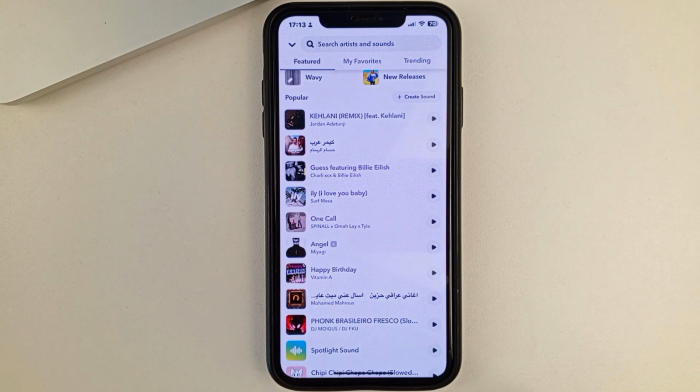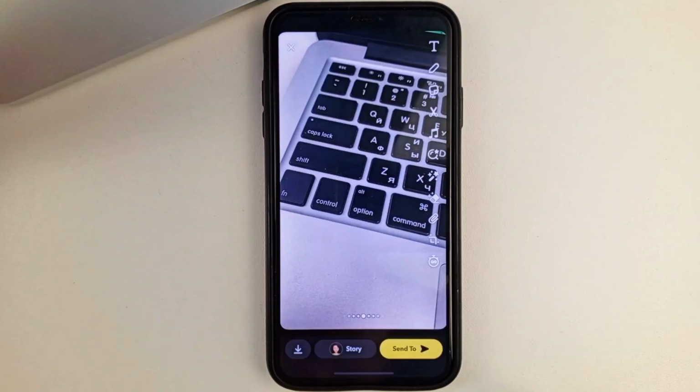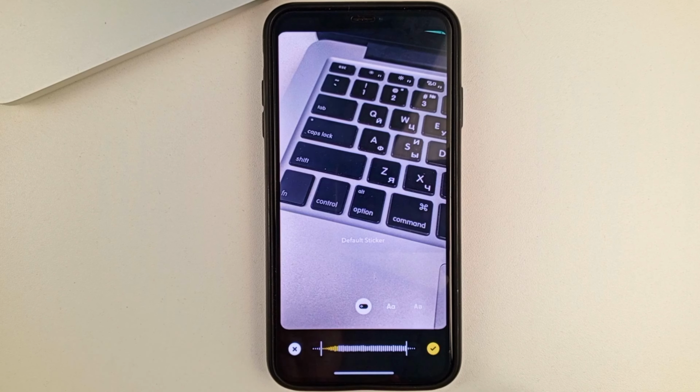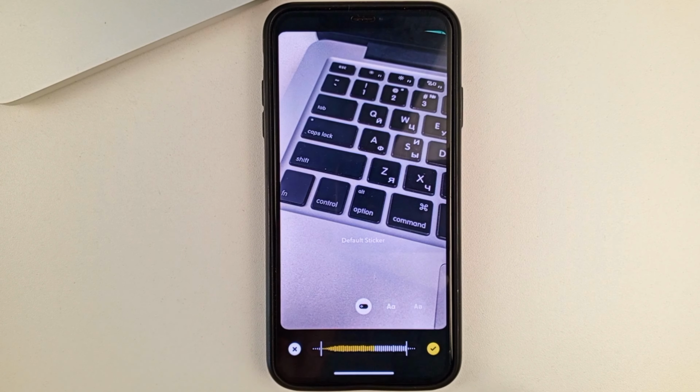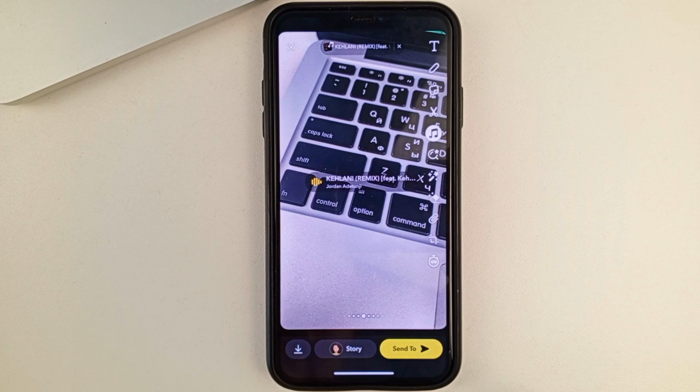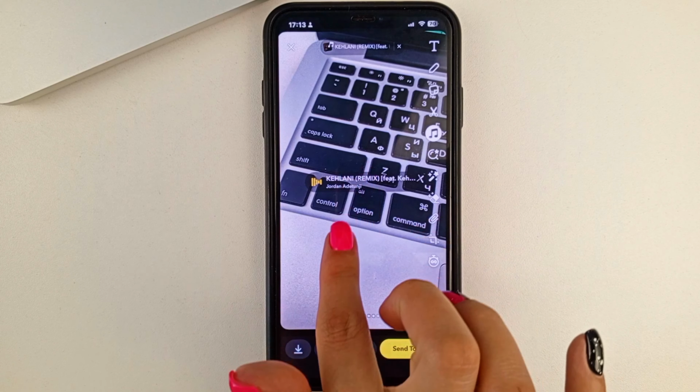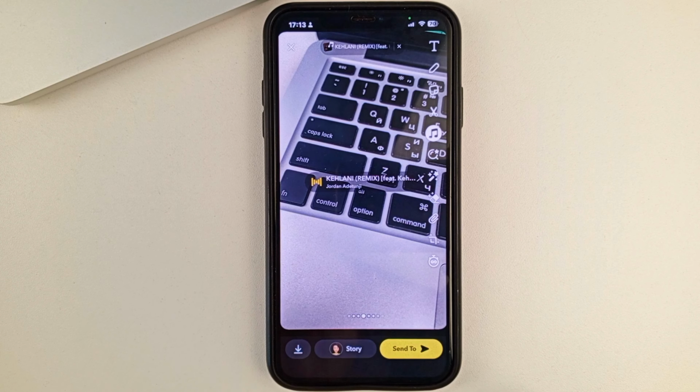And in order to add music, for example, to your story, photo or video of yours, you will need to click on the name of the song. So as you can see, the song will be added. And next you'll need to click right here. And now you can, friends, send such a photo or video with music to yourself in the history or to someone personally.